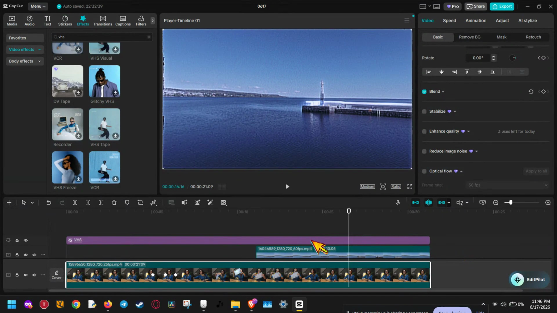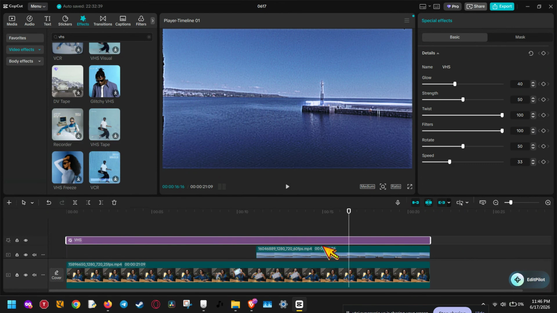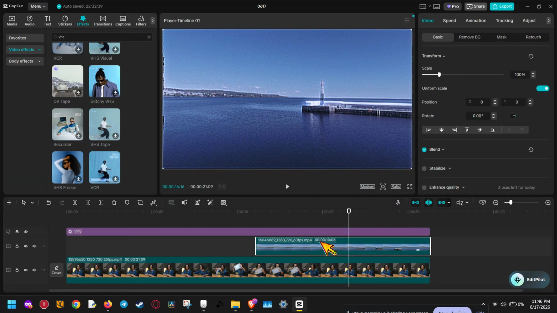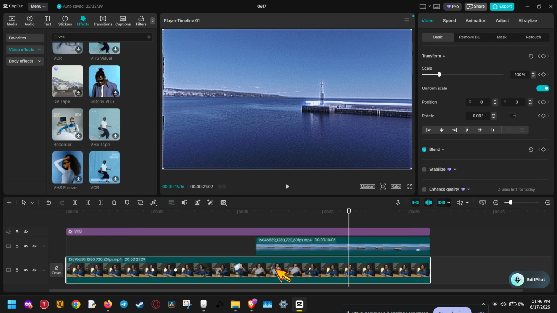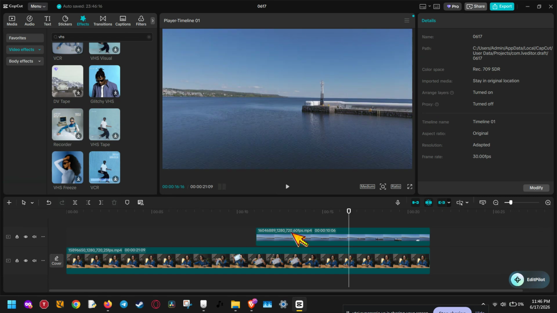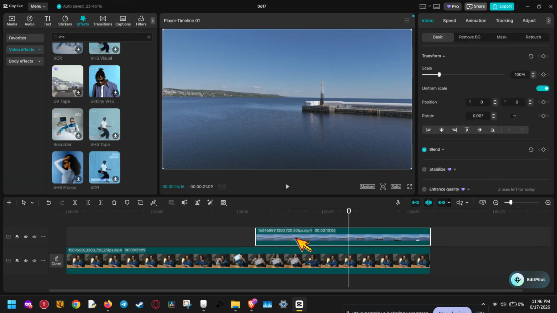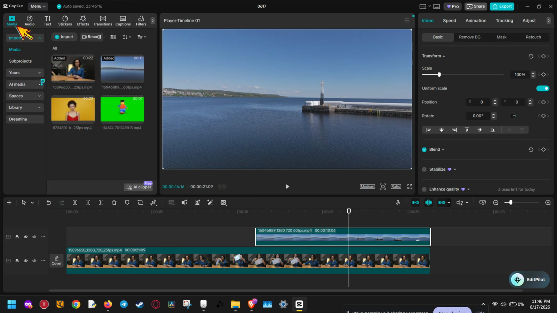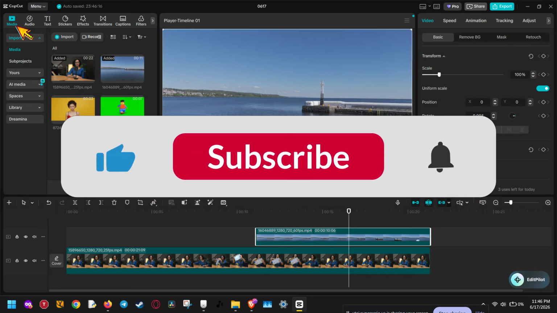If you want to create a clean split-screen video in CapCut, whether you're editing on desktop or using the free version, this tutorial will walk you through it step by step. Split-screen edits are perfect for reaction videos, comparisons, before and after clips, tutorials, interviews, and any style of content where you want two videos visible at the same time. And the best part is, once you understand the basic process, you can reuse it again and again in future